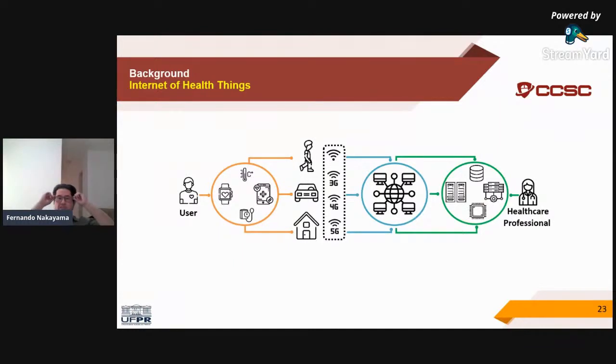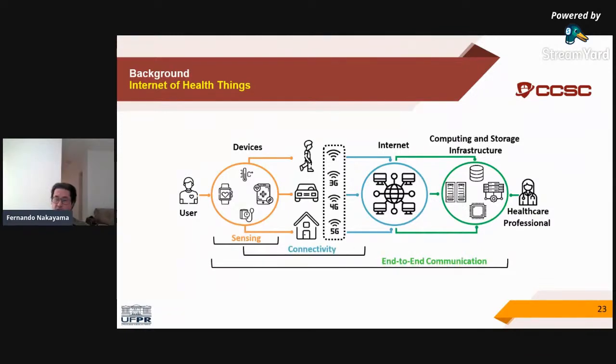We have categorized the IOHT into three levels: the sensing devices, the internet, and the computing and storage infrastructure. We have also classified the IOHT into essential services as sensing services, connectivity services, and end-to-end communication services. The services relate to the fundamental levels operating the sensing at the level of the devices, the connectivity at the level of communication between devices and gateways, and the end-to-end communication offering the communication between the devices and the computing